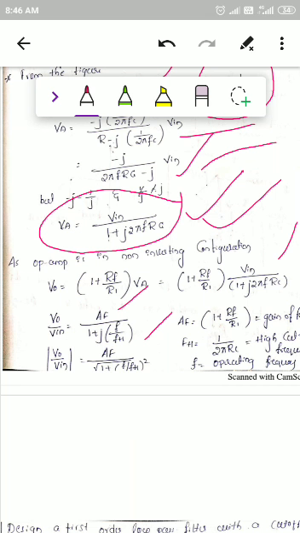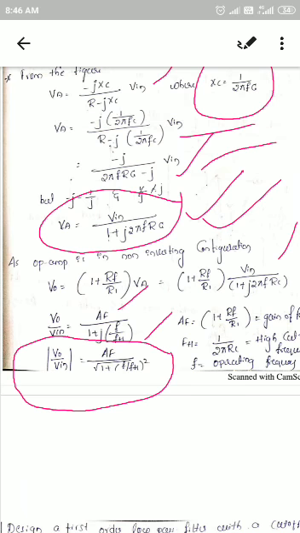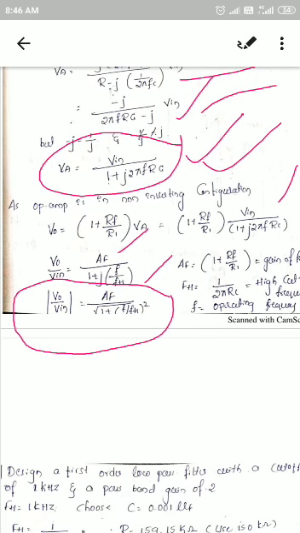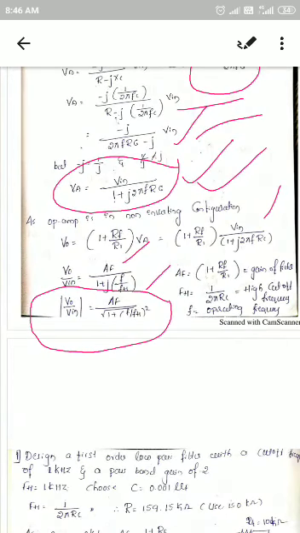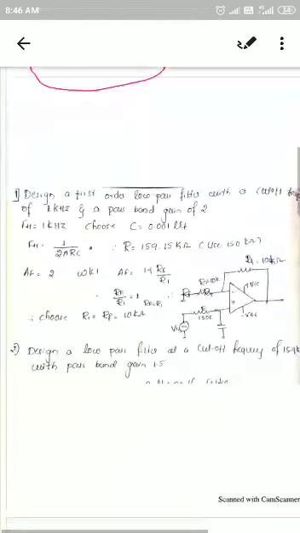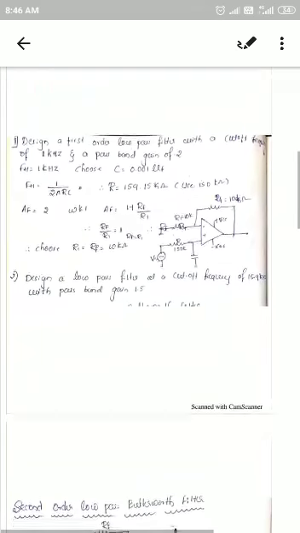If you calculate the magnitude of the gain value, you will come to this equation. So magnitude of V naught by V in is equal to AF divided by the square root of 1 plus, the imaginary term is eliminated here, 1 plus into bracket of F divided by FH squared. This is the gain equation of the operational amplifier. Now this is a brief idea about the first order low pass Butterworth filters. Let me talk about a small design of the filter.